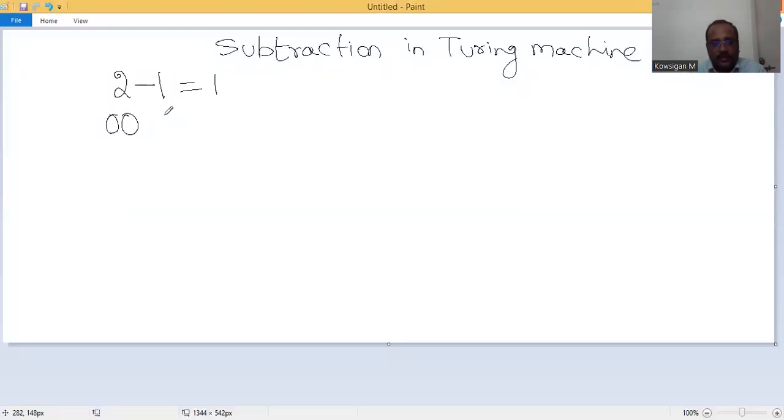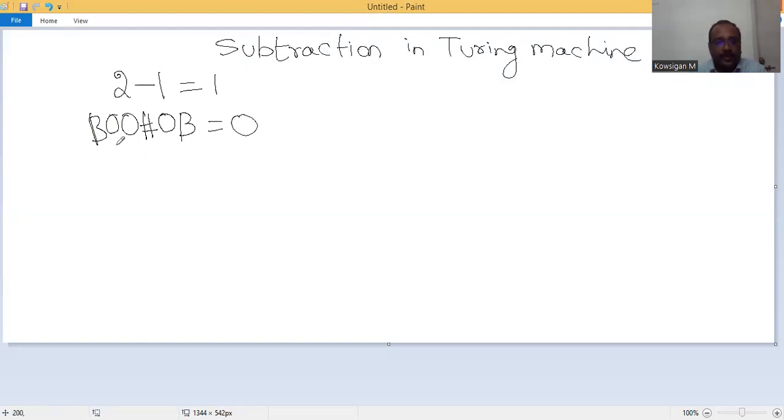and 1 will be represented as 1 zero, and the minus will be represented as hash. This hash will be acting as an intermediate. On the tape, we will be representing only one blank to indicate the left end of the input, and on the right hand side we have mentioned one blank to indicate the right end of the input. Okay, so the output should be